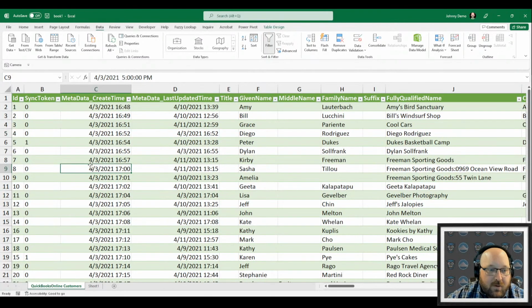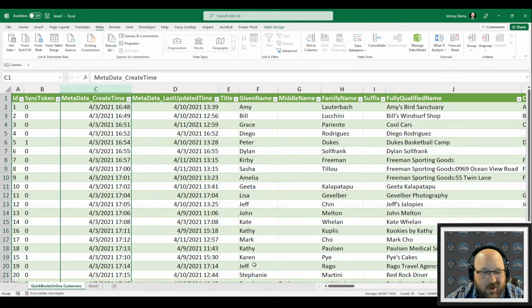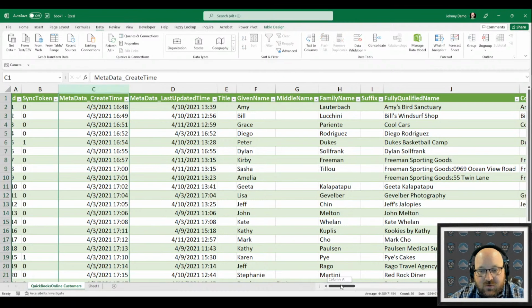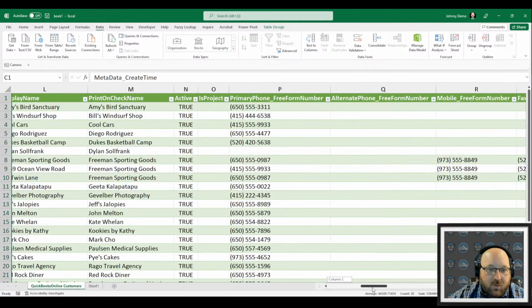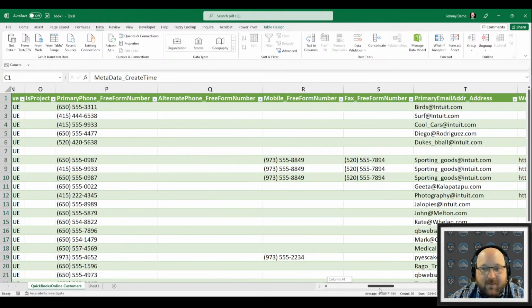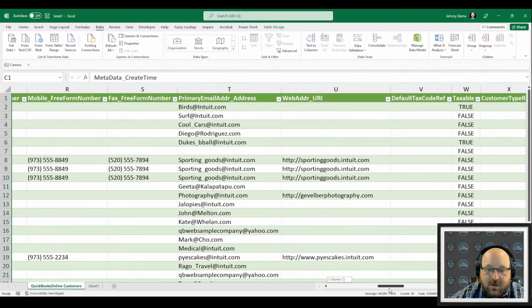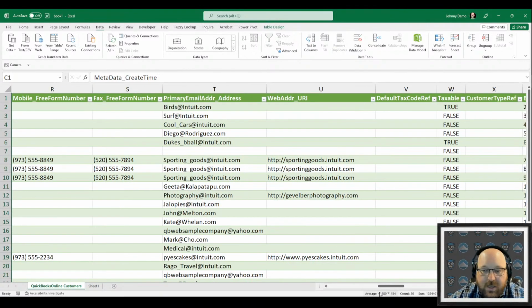Okay. Now, where Power Query can be effective, so we've done the E, we've done the extract section of it, but we want to do the T, we want to transform it. Notice that when we pull this data in directly from QuickBooks, there's stuff that we don't need, like the sync token, or maybe I don't need the date and time that this user was created, or whether or not they're in a project. Maybe I just want to get a listing of my customers here. Well, with Power Query, we can transform this. We can make it ready for us to be able to use, including getting rid of columns that might not